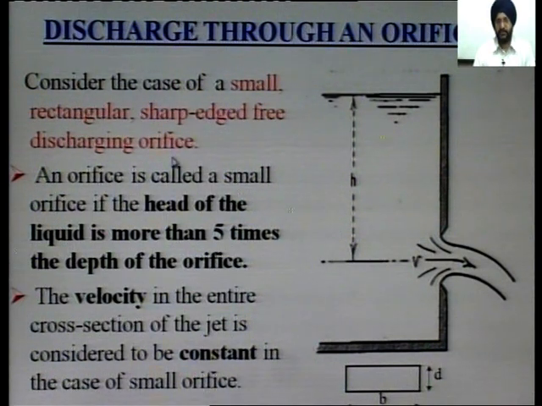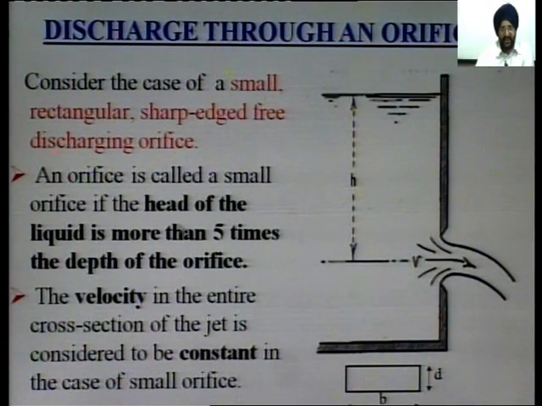free discharging orifice. The classification which we have just studied, we can combine the different properties of orifice and we can have this special orifice, smaller one, rectangular one. As you can see from the section, it is rectangular in shape, having a width of b and depth d. It is sharp edged, as you can see here, it is very sharp edged orifice, and it is a free discharging orifice. Now, to calculate the discharge through this orifice,